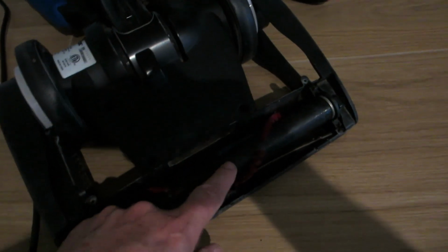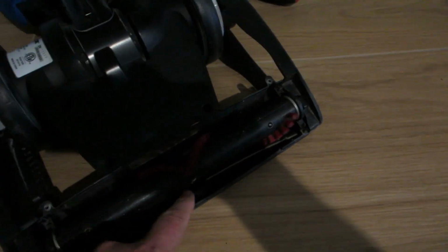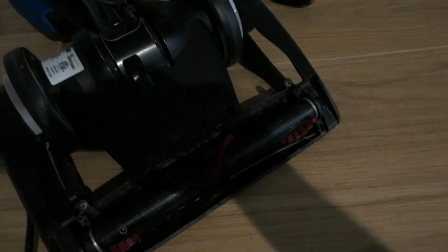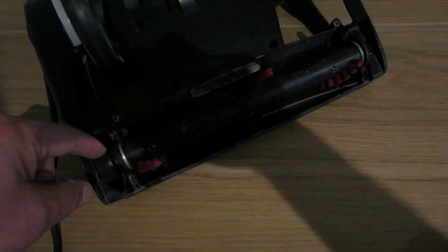Anyway, you see this little ball here? It's kind of a scanner. So when it spins, it actually tells the device that this is spinning. Now, if this doesn't spin, it'll turn on and turn off really quick. And I found that this bearing here is locked up. It doesn't spin. And to get it off, all you've got to do is lift it,